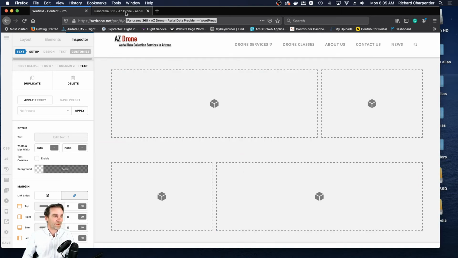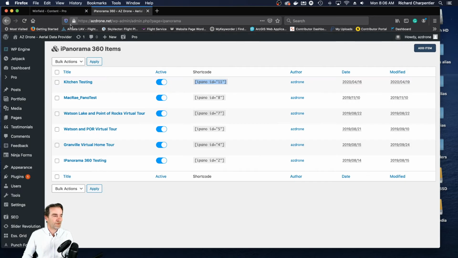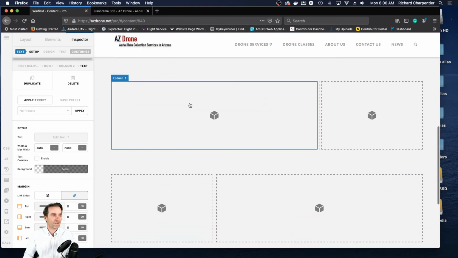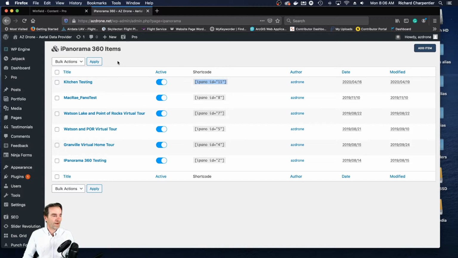All right. So I have 2 tabs open at AZ Drone right now, and normally when I'm doing web work, I'll have 2 or 3 tabs open because I'm doing several different things. And while I'm doing those things, I just like to bounce between the tabs. So if you're doing your own web work, you're probably used to it too. You probably got multiple screens, and you probably got multiple tabs open. So we have the page editor where the final stuff is going to be going in, and then we have